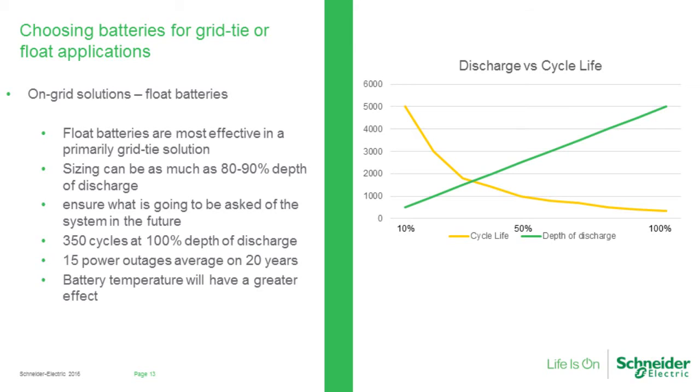Look over here on the right-hand side, we can see the discharge versus cycle life. You can see that green line just going up is merely representing how far we're dipping into the batteries. You can see at 10%, gosh, look at that, we get almost 5,000 cycles. At 50%, we get right around 1,000. And at almost 100% depth of discharge, we're getting about 350 cycles. So when we do the math on that, 15 power outages on average for 20 years, that's only 300 cycles. So even with 15 power outages on average, the batteries are still going to age out